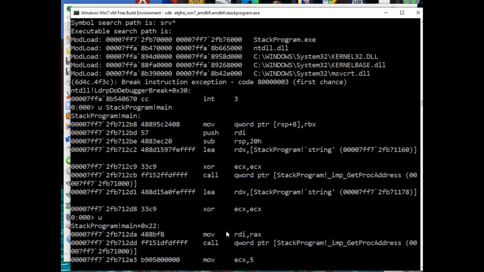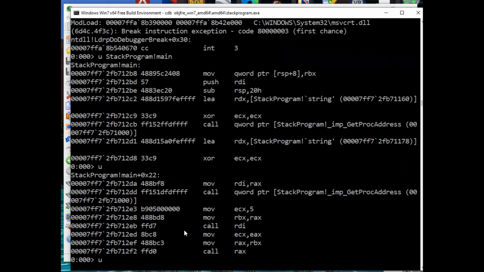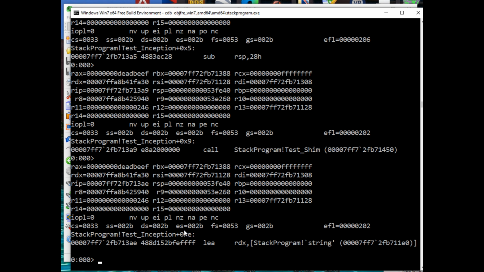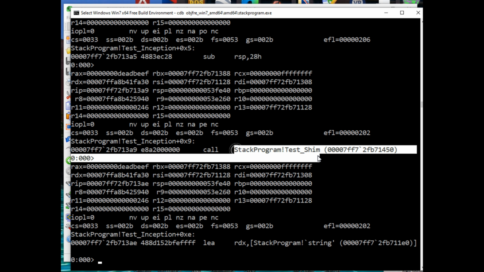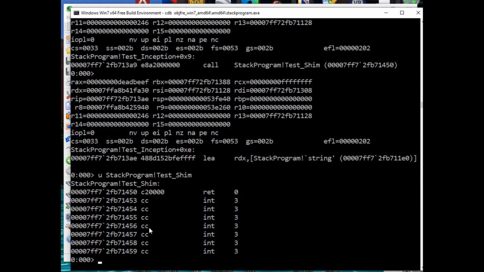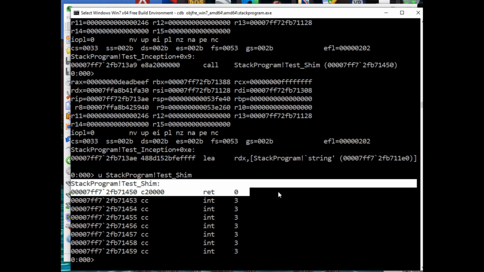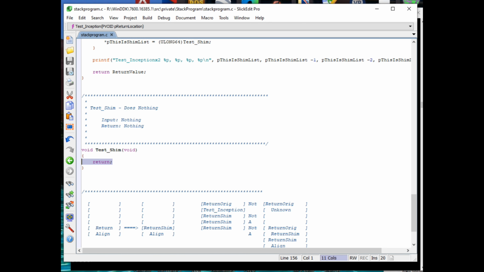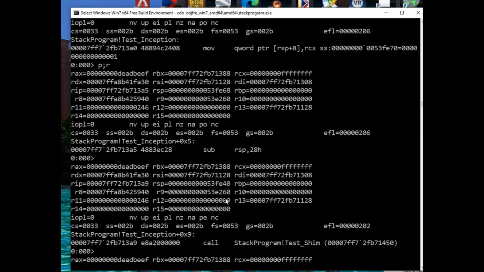So let's go back down to just one more stepping through. Interception. Okay. So here we have dead beef. We come through. We call test shim, which does absolutely nothing. And thus, since we've typecast a void, which does not touch RAX at all, we don't return anything, right? I mean, in this thing here, we return nothing. We don't do anything. I don't even need to put that return in there. We're not doing anything. It preserves RAX, and since we haven't touched it yet,